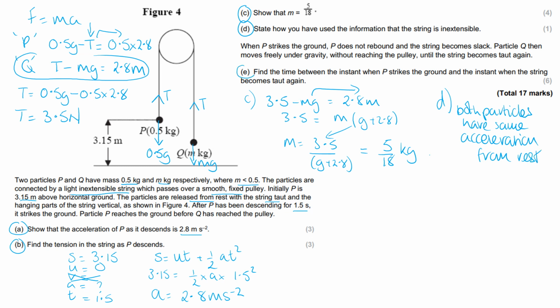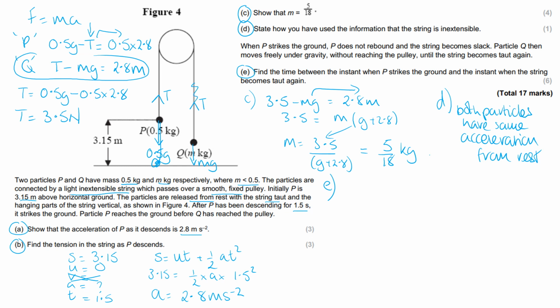Then on to part E. When P strikes the ground, P does not rebound and the string becomes slack. Particle Q then moves freely under gravity without reaching the pulley until the string becomes taut again. We're being asked to find the time between the instant when P strikes the ground and the instant when the string becomes taut again. So for this, what we need to do is think about when P hits the ground,